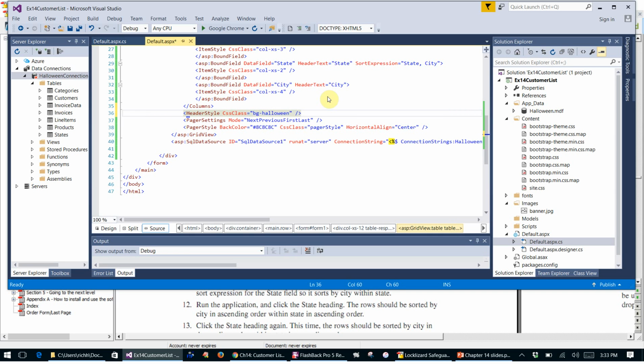And that's going to add the BG Halloween class header style. And so now when we run it,